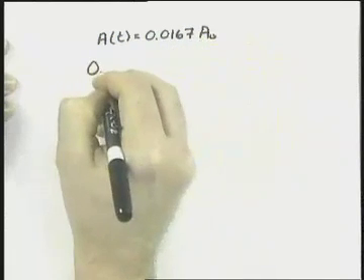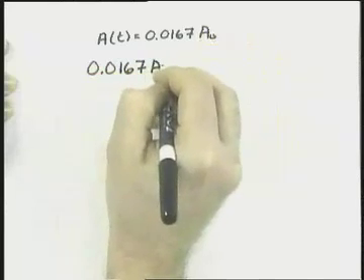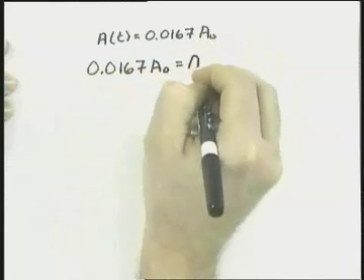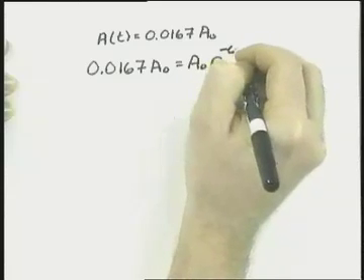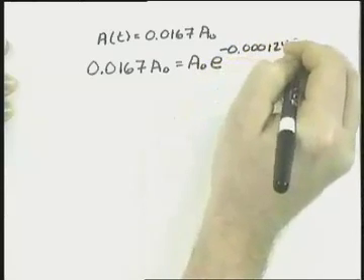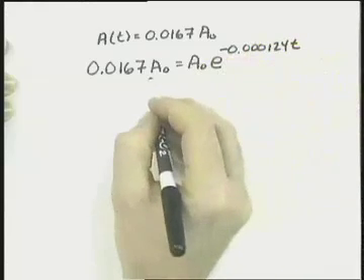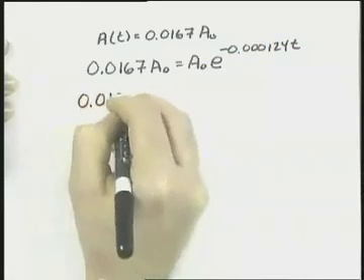In place of A of t, I put 0.0167 times the initial amount, and that's going to equal the initial amount times e to the negative 0.000124t. The A sub 0s cancel, and I'm left with 0.0167